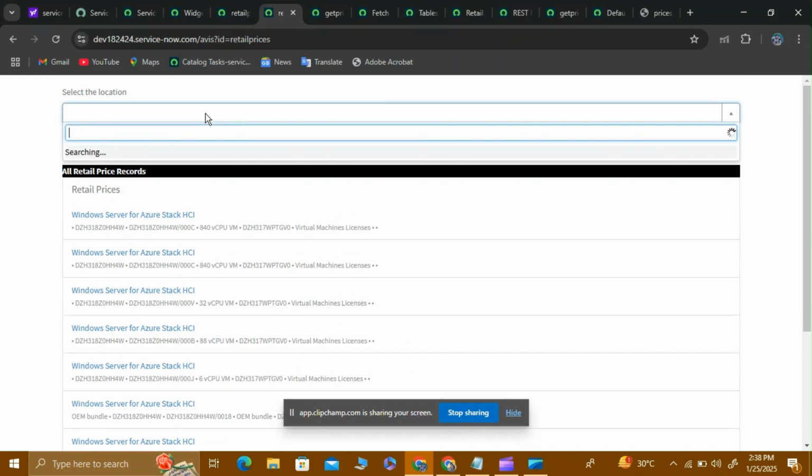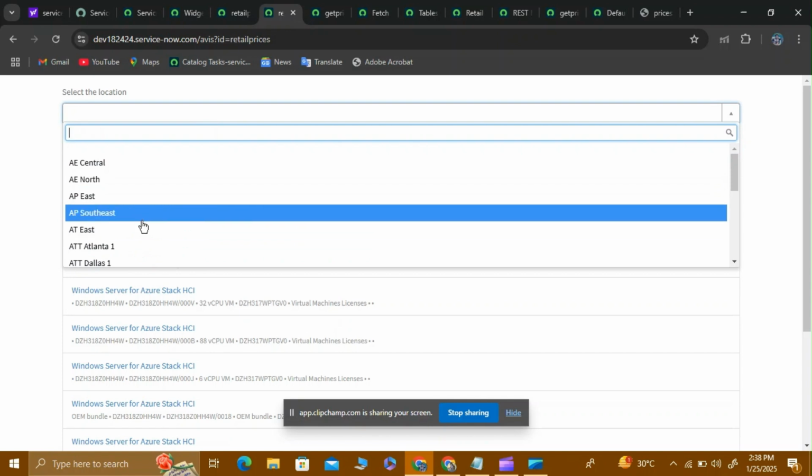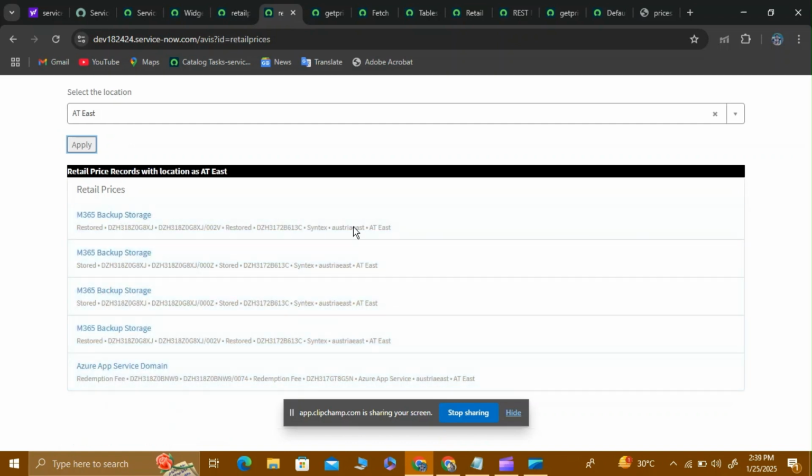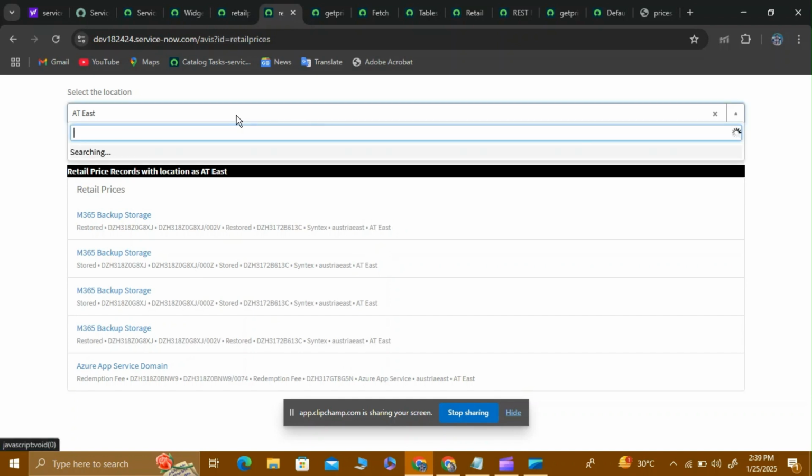Now when I select any of the locations like AT East, I have to get the records belonging to this location. When I click on apply, it will show you the records belonging to only that particular AT East. We will be seeing all the records belonging to that AT East. If I change to